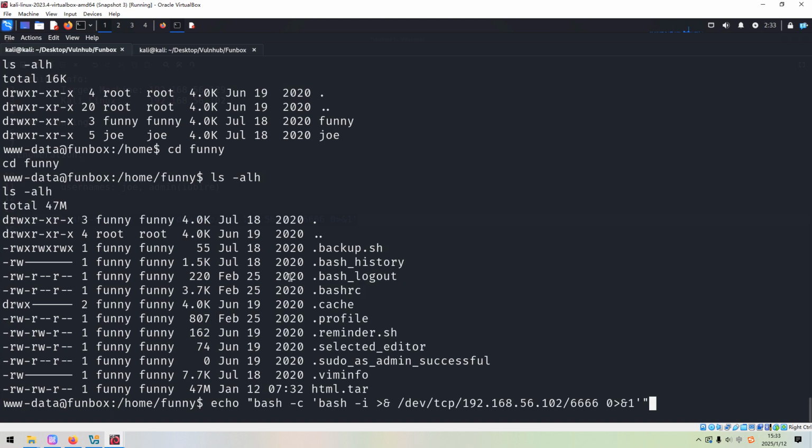Okay, next, very, very important, we need to set up two listeners, which are running on the same port number. And if you do not do this way, although we can make a lateral movement to another user funny, we cannot get the root shell. Okay, let me show you. So append backup,